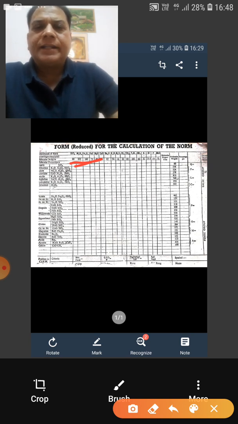The first oxide that is written is your SiO2. Below SiO2 there is a column where you have to write the weight percent oxide data that is given. Say for example SiO2 in a rock is 65, so we will write 65. Beneath is its molecular weight. So you will divide that 65 by 60 and you will get a molecular proportion.